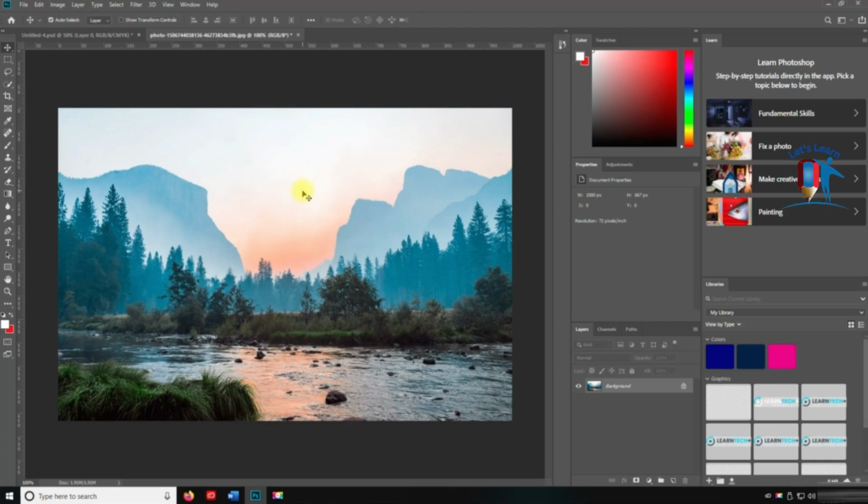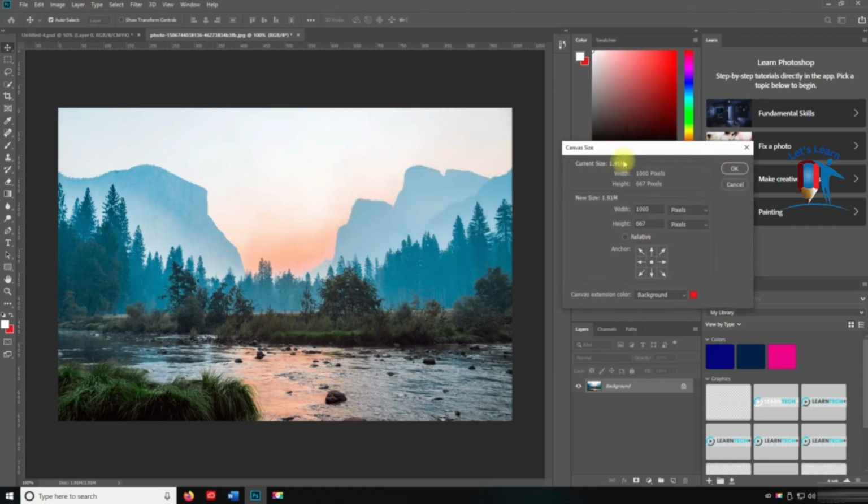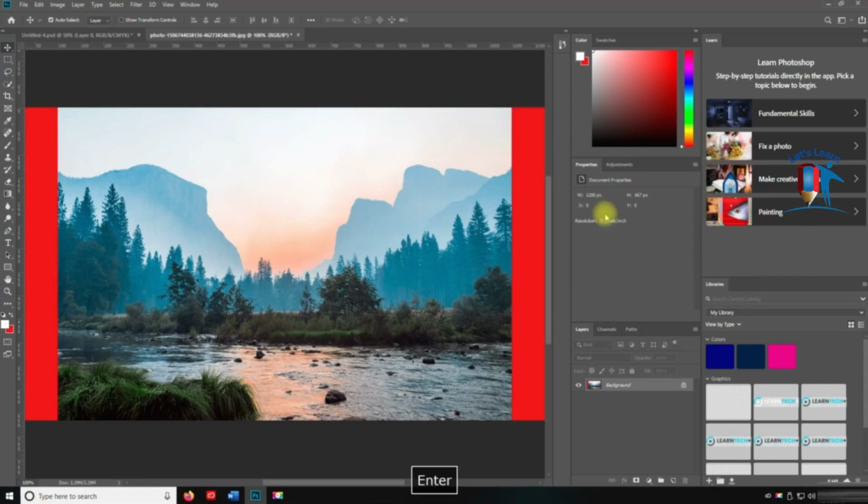Now, if we wanted to see the canvas size, we're going to hit Alt Control C, and now we can see what the size is, the canvas, so the background of this. So there's a differentiation between the canvas size and the image size. The canvas size, if I change this to 1200, okay, we're going to have space on the right and the left. And then if I hit Alt Control again and C,